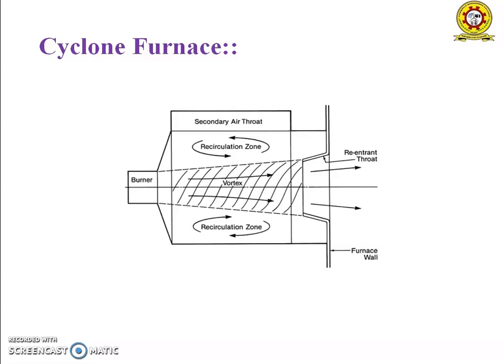The high velocity air further increases the centrifugal motion, leading to a highly turbulent whirling motion of the coal air mixture. Tertiary air of about 5 to 10% of the secondary air is admitted axially at the center so as to move the turbulent coal air mixture towards the furnace. This is the basic principle of the cyclone furnace.